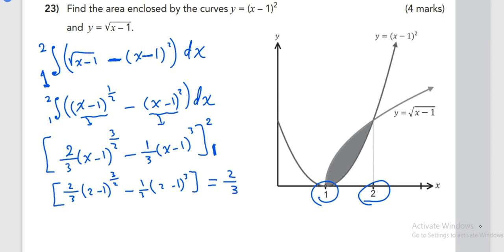The second one, 2 over 3 multiply 1 minus 1 all to the power 3 over 2 minus 1 over 3 multiplied by 1 minus 1 power 3